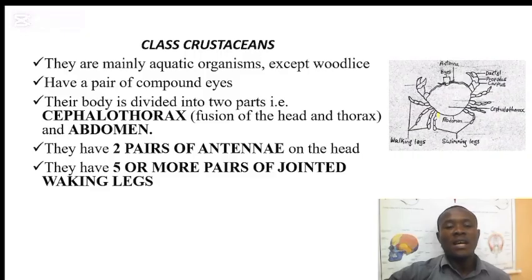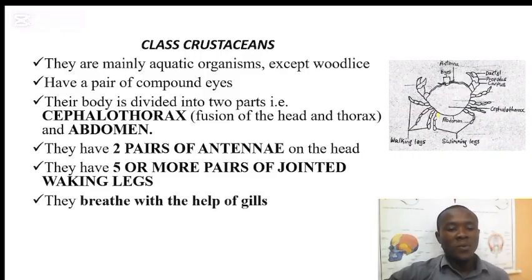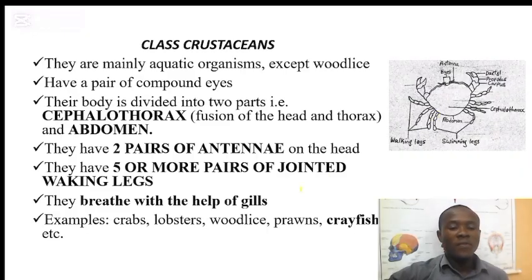Some of them have more than five. And the last one is that they breathe with the help of gills. Since they live in water, they use their gills for respiration. Examples of these animals include crabs, lobsters, woodlice,